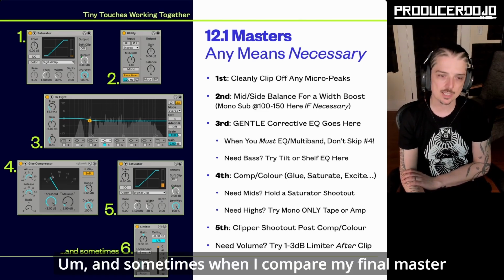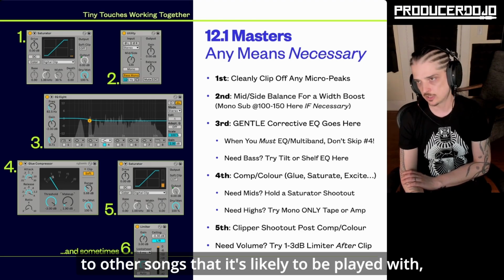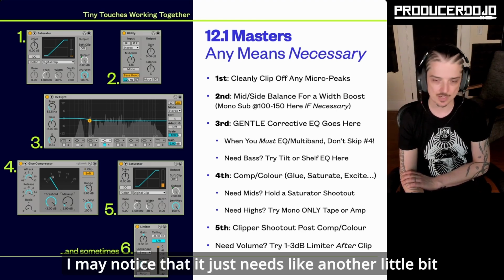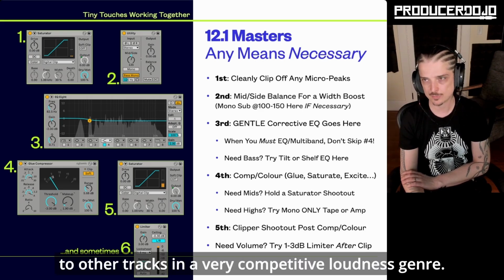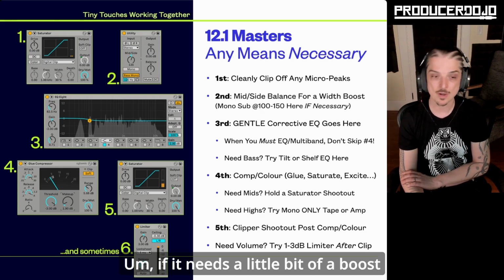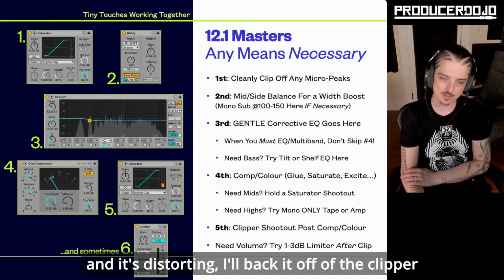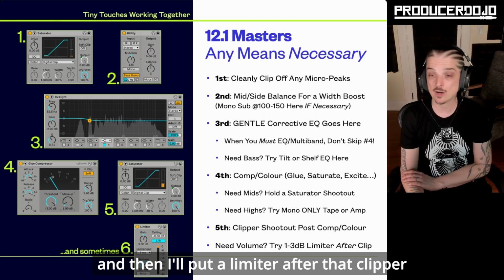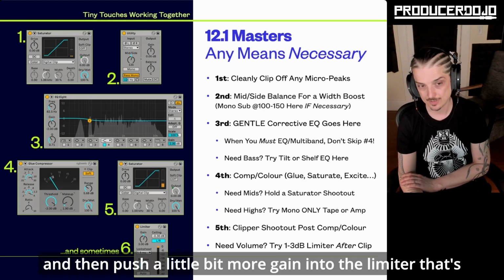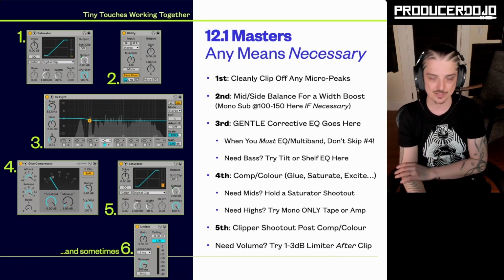And sometimes when I compare my final master to other songs that it's likely to be played with, I may notice that it just needs another little bit of volume for it to stand up to other tracks in a very competitive loudness genre. If it needs a little bit of a boost and I'm pushing more into the clipper and it's distorting, I'll back it off of the clipper until it's 100% clean. And then I will put a limiter after that clipper and then push a little bit more gain into the limiter that's after the final clipper. And that can